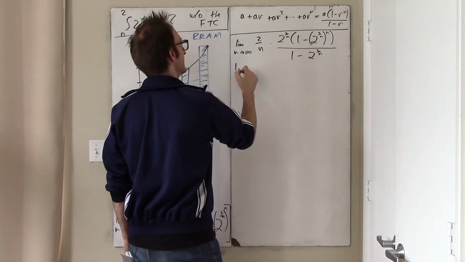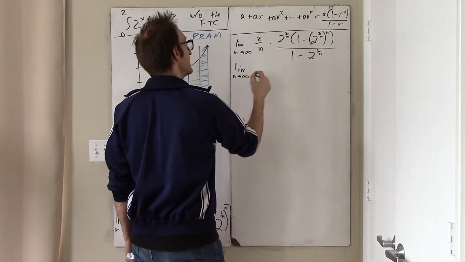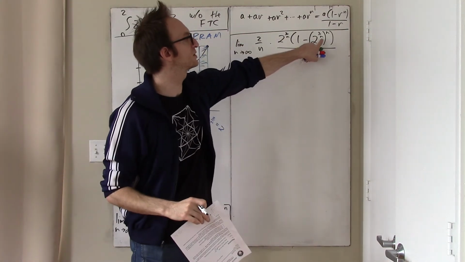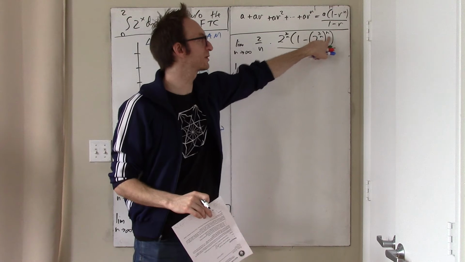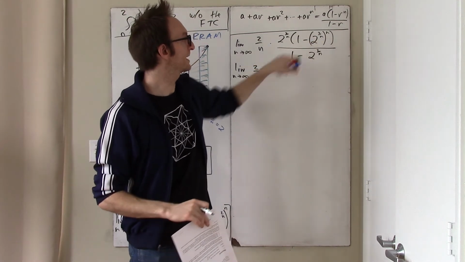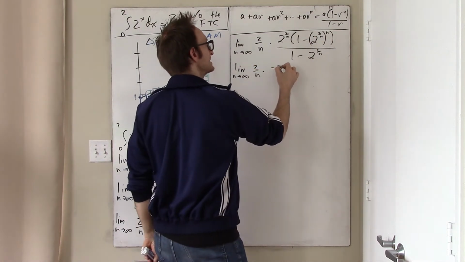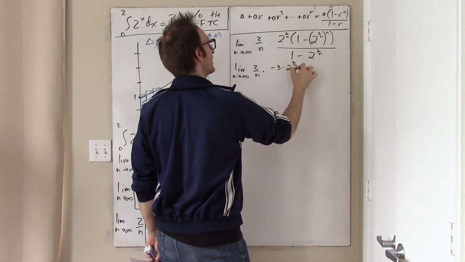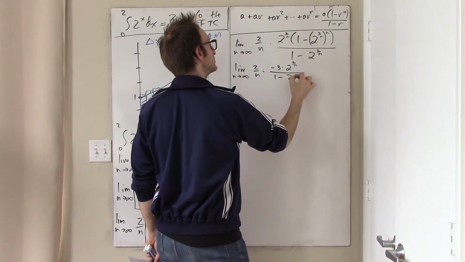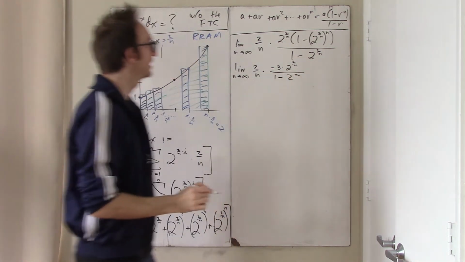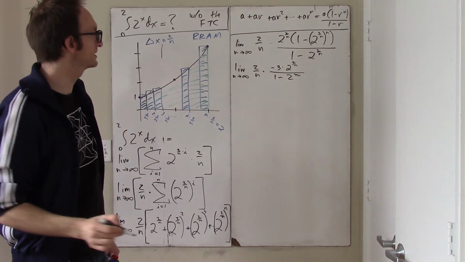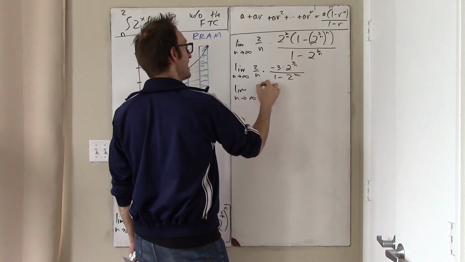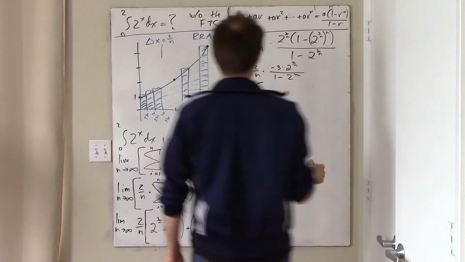What we get here is the limit as n goes to infinity of 2 over n times, what does that whole top turn into? Well, 2 to the 2 over n to the n is, by exponent rules, just 2 to the 2. So that whole thing becomes negative 3. So we get negative 3 times 2 to the 2 over n over 1 minus 2 to the 2 over n. Okay, so getting the negatives out of there, I get the limit as n goes to infinity of